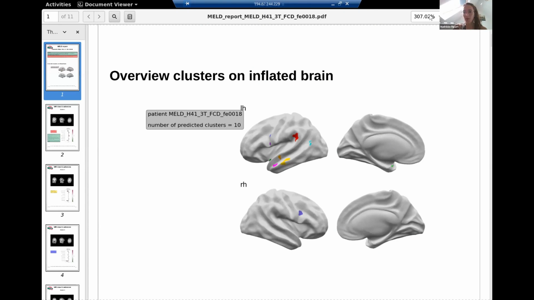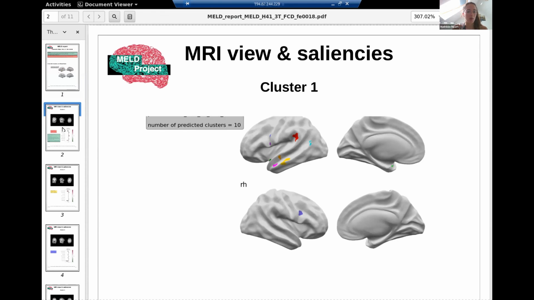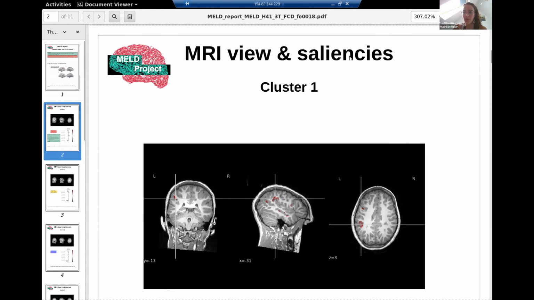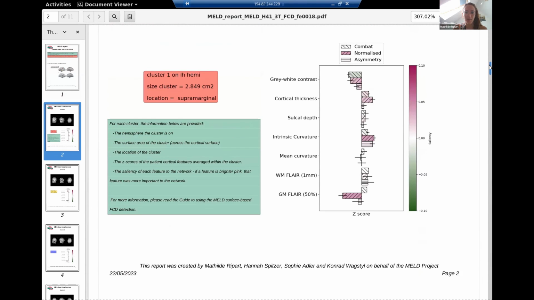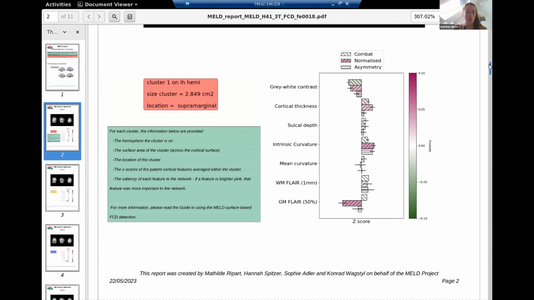So this is an example of one report that we have at GOSH, at Great Ormond Street Hospital in London, and you can see that we have 10 predicted clusters. And when we look at some of the clusters, I'll just go down. Sorry, I'm connected remotely, so it might be a bit slow. Yeah, we can see that a lot of the